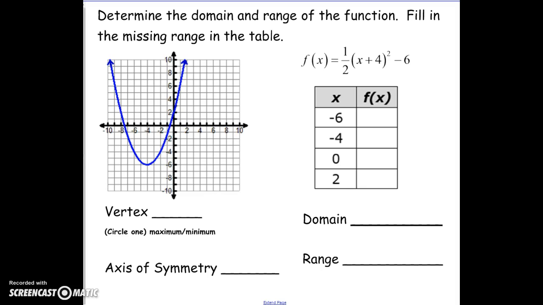And here we are at our last example. All right, so this very last example we have, this looks super scary. It's not. Just as a quick review on some of these things, if I'm going to compare this to the parent function, the half tells me that it's going to be wider. The +4 would mean that from the original vertex of the origin, my vertex is going to move 4 spaces to the left, and then the -6 at the end would tell me my vertex moves 6 units down, which tells me my new vertex is at -4, -6,